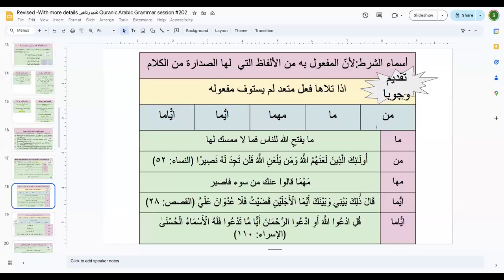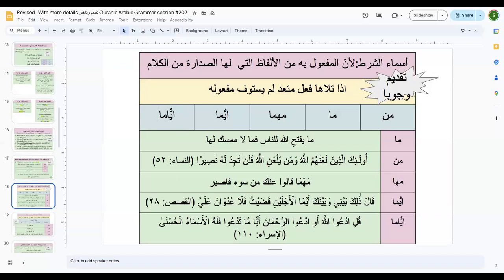So there are three memes. Sister Faiza is telling man, ma, mahma, three memes and two hamzas. And this is the same thing. Ayyuma and ayyama, are they not the same thing? It's just the word ayyu that sometimes can be followed by ma zaida, which is harf, ghair kafa, and ayyama is the same, ayyamma is the same thing. Remember why there is a tanween on ayyan? Why is there tanween on ayyan? Look at the words before.